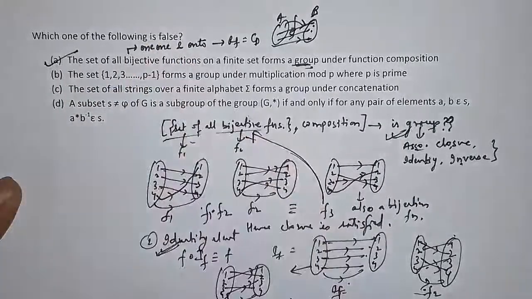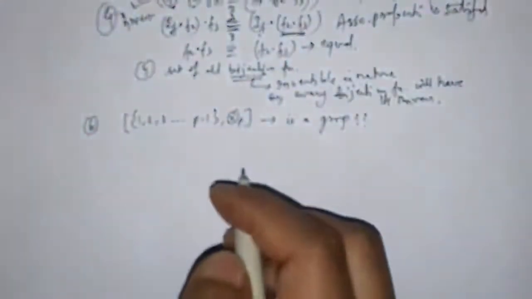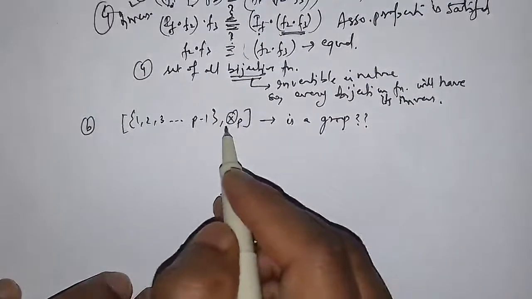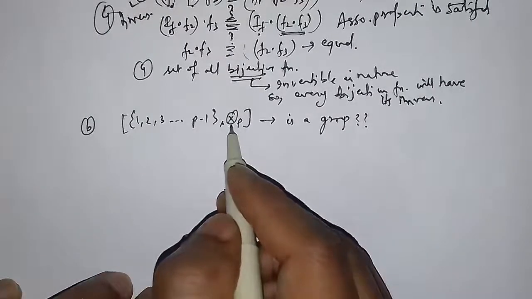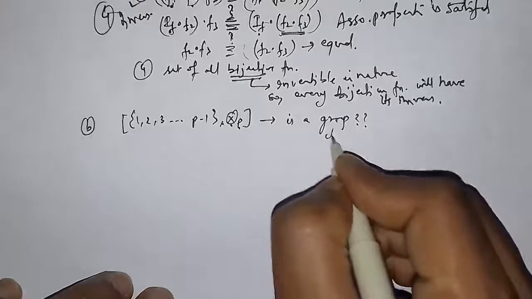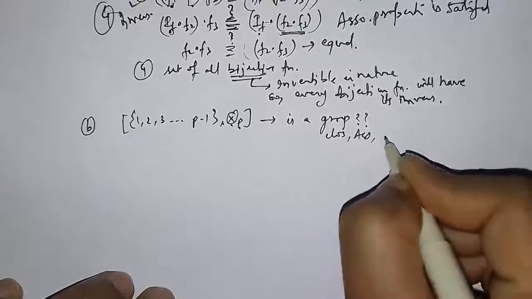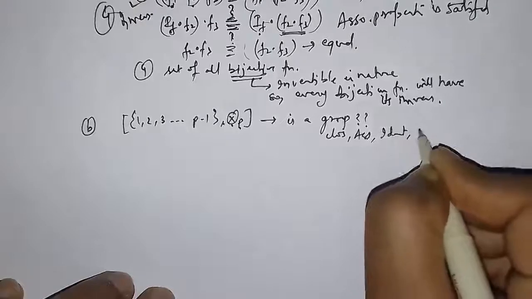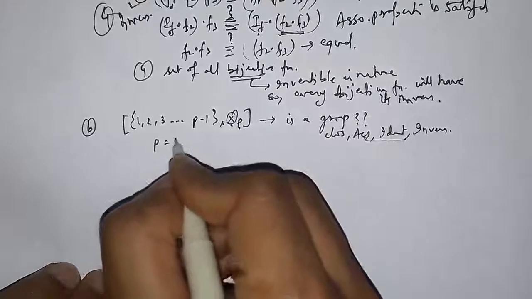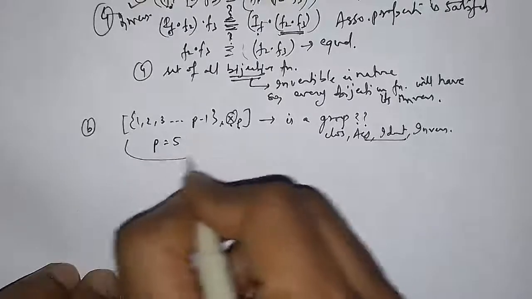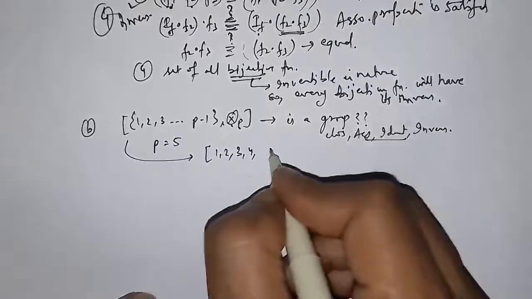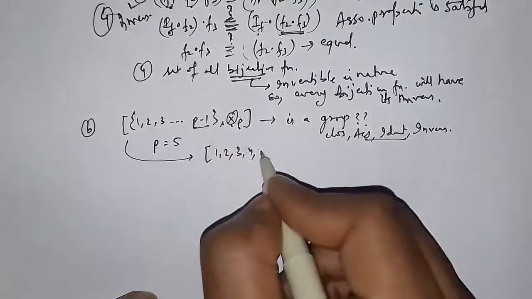Now we have to find which is false. Now the second option says whether 1 to p minus 1, where p is a prime, with multiplication modulo p is a group or not. Again we will check for properties, that is closure property, associative property, presence of identity element, and whether every element has its inverse or not. Let's take an example, p is equal to 5, then the structure will become like this: 1 2 3 4, because this is p minus 1, and